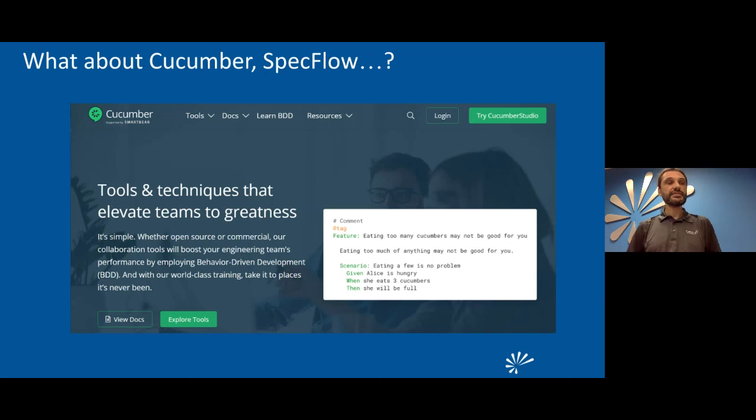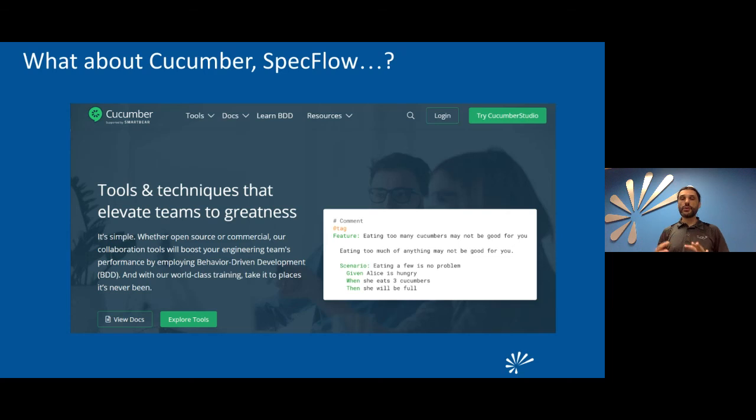When I present these things, as we're getting ready to wrap things up here, folks always ask, what about Cucumber and SpecFlow? Those are tools that allow you to write the Gherkin, the given when thens, as plain text. It's great when you have non-technical people writing that for you. If you only have developers writing those things, though, I've learned from my experience that it's actually harder.